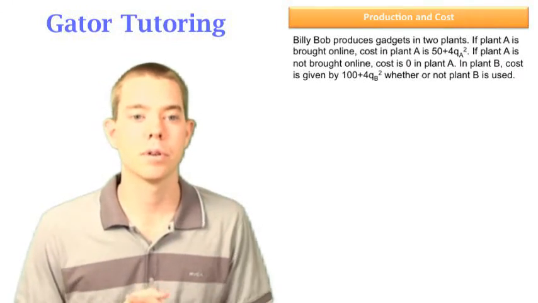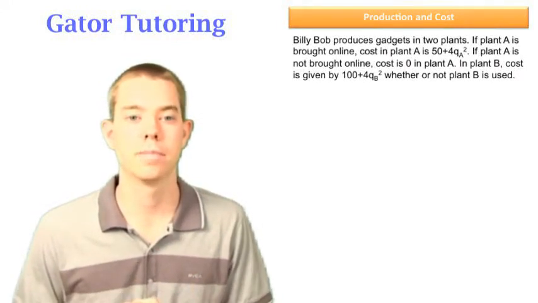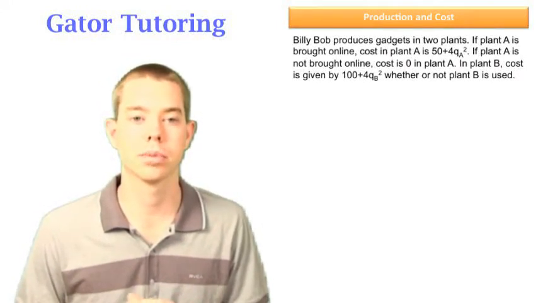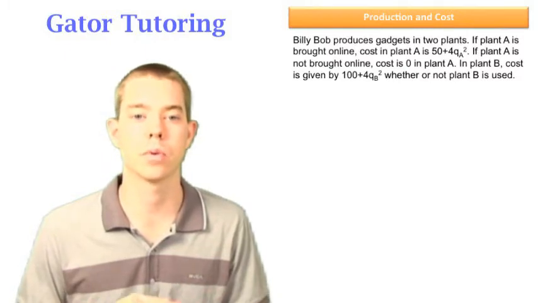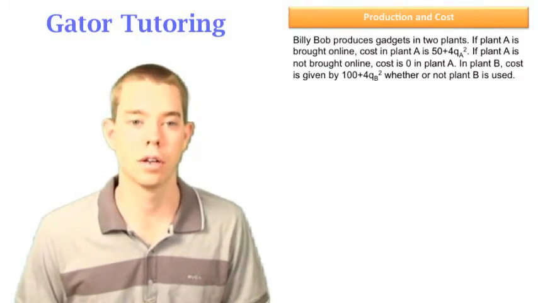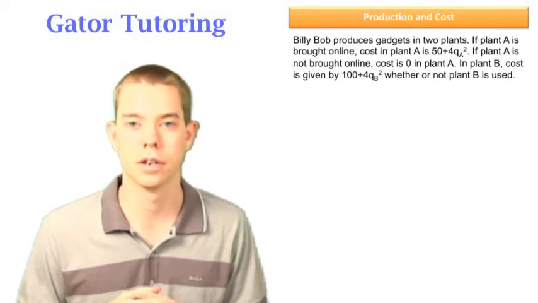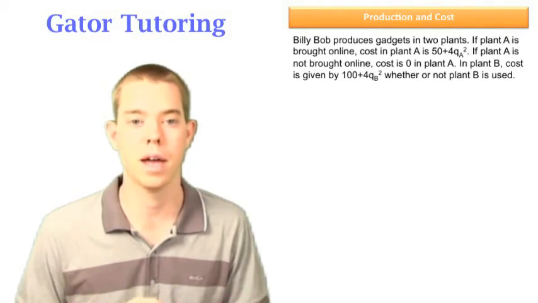It says that Billy Bob produces gadgets in 2 plants. If plant A is brought online, cost in plant A is 50 plus 4QA squared. If plant A is not brought online, cost is 0 in plant A. So that fixed cost is not sunk. So if we don't bring plant A online, if we don't build the factory, we don't have to pay that